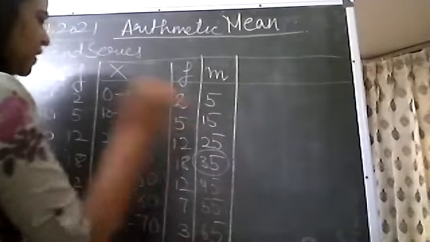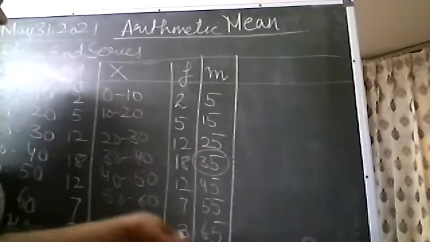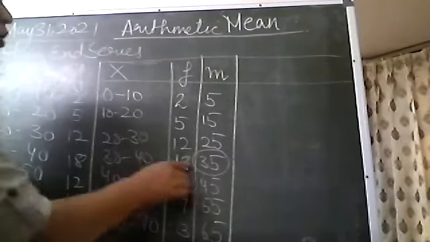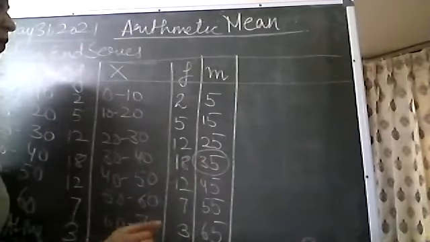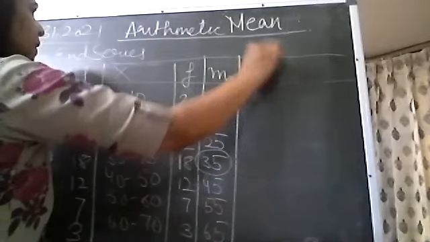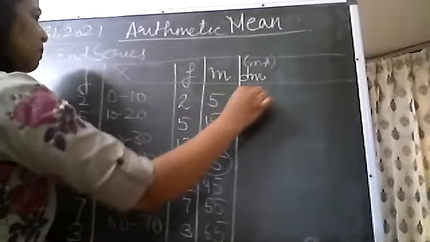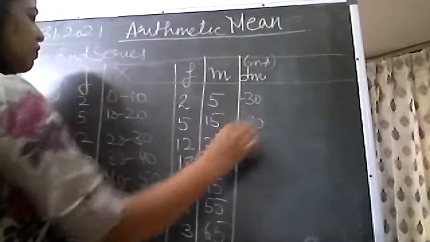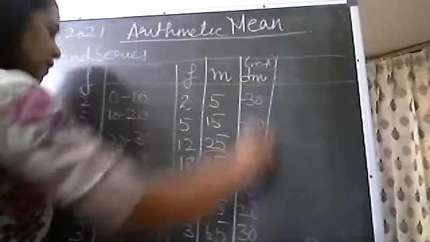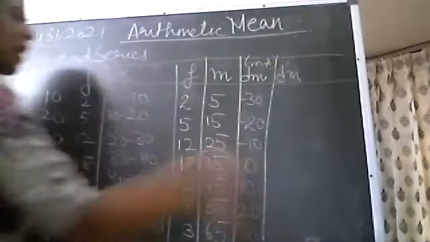Now next step is to take any value as an assumed mean. I am taking 35 as an assumed mean. उसके पीछे क्या रीजन मैंने रखा है कि जब भी मुझे 18 से मल्टीप्लाई करना पड़ेगा, 18 का टेबल जनरली हमें याद नहीं होता, तो कैलकुलेशन थोड़ी सी हमें मुश्किल लगती है। सो इसके कॉरेस्पॉन्डिंग वैल्यू 0 आ जाएगी, ठीक है। So next is dm. dm means m minus A. हर मिड वैल्यू में से बेटे असम्ड मीन की वैल्यू को हम माइनस कर देंगे। 5 minus 35 minus 30, 15 minus 35 minus 20, minus 10, 0, 10, 20, 30, right?